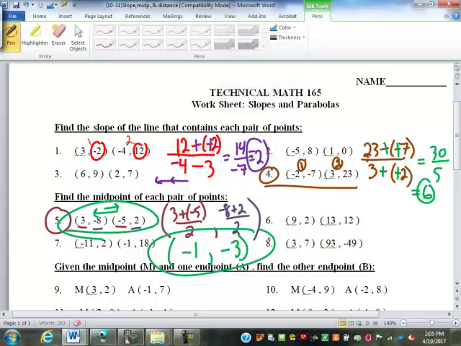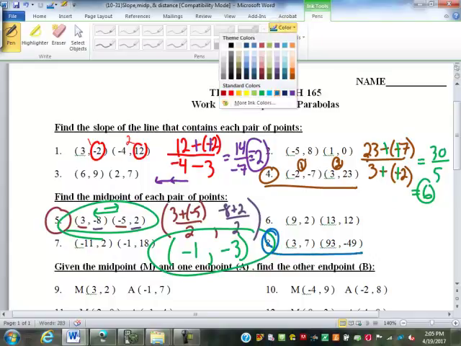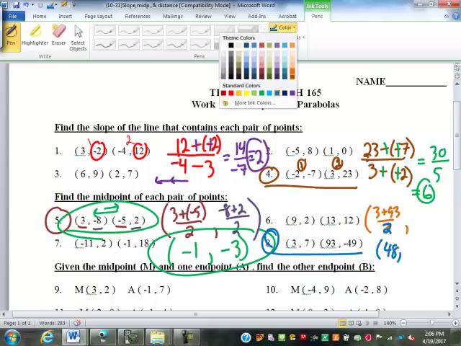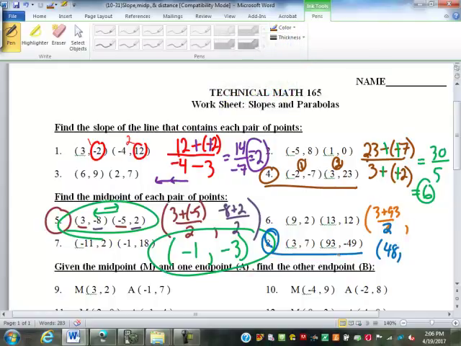So over here, let's do number 8. The 3, 7, and 93, negative 49. What points am I going to average together to find the x-coordinate? Perfect. 3 plus 93 divided by 2. 3 plus 93 is 96. 96 divided by 2 is 48. Good. And for the y-coordinate, we're going to average together